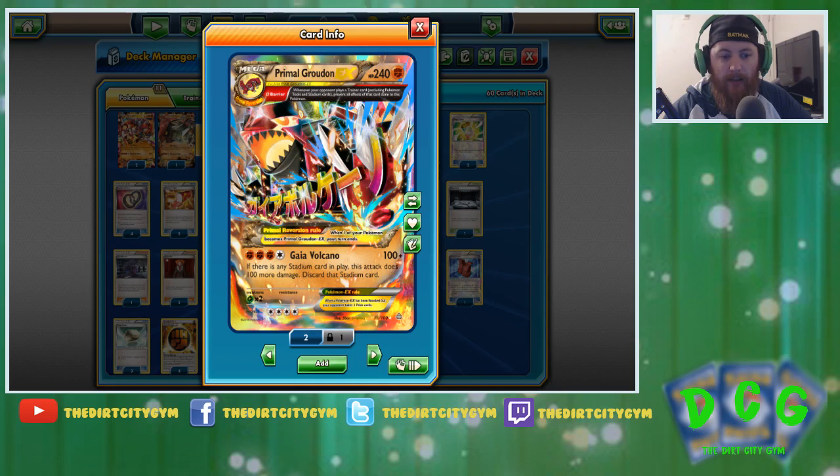And so Primal Groudon's got the attack Gaia Volcano. For 3 fighting and a colorless, it does 100 damage. And if there's a Stadium card in play, this attack does 100 more damage, and you discard that Stadium card. So it makes Gaia Volcano do 200 damage with a Stadium in play, which obviously will go up with strong energies and things like that, which makes it really strong because in combination with Wobbuffet and the Primal Groudon, as